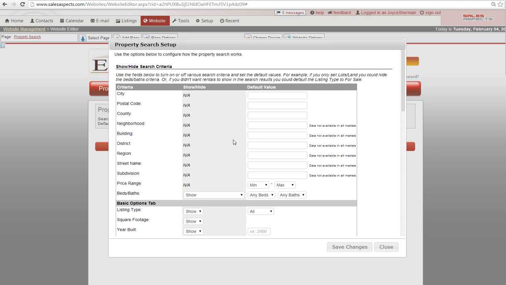Now this allows you to modify what you want the consumer to experience when they go to your actual property search. And so you can say, I want them to automatically search for homes in Roseville, or I can say, I want them to be able to just search for anything that they want. Joyce let me know that she wants to do business in Roseville. So I'm just going to type in Roseville